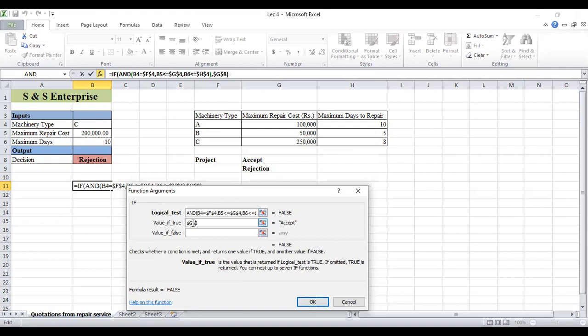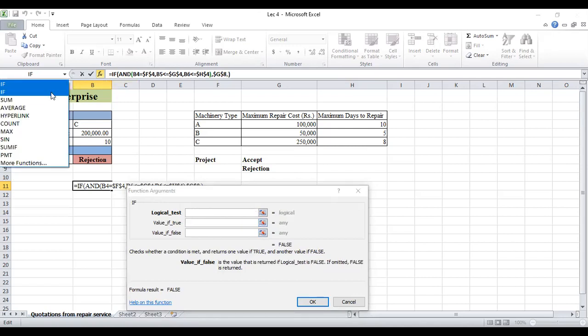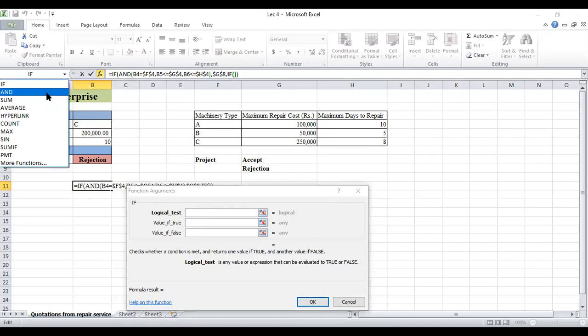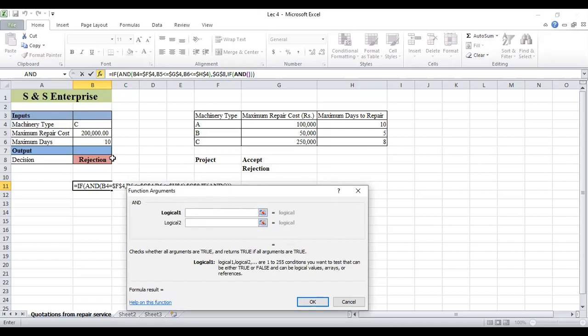Right. Then you are going to the value if false. Again, you are going to take another if function, right? You're going to test again, and has to be taken, right? Okay, test equal,